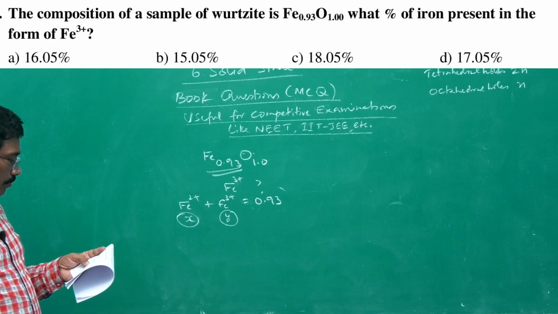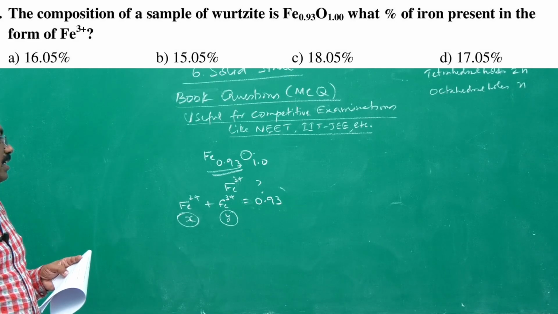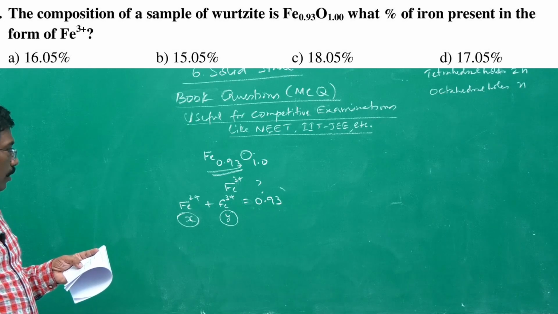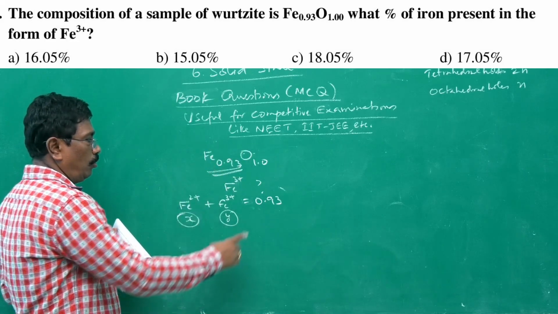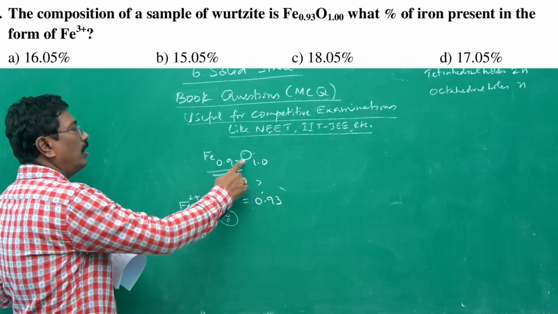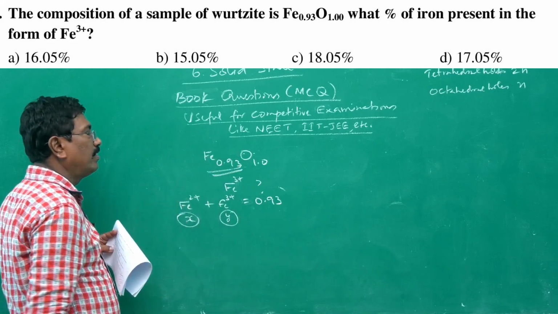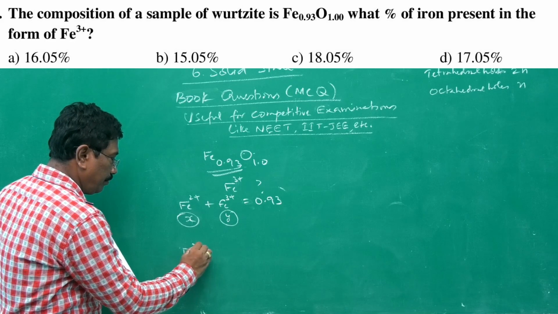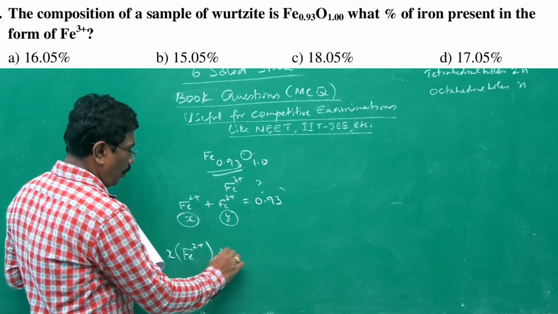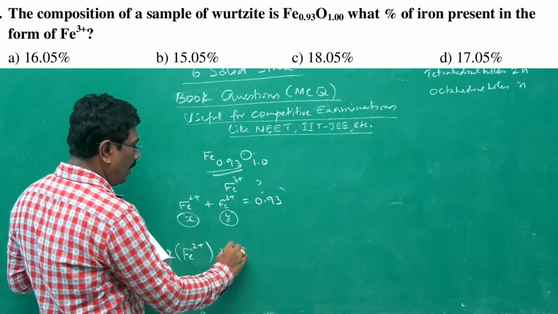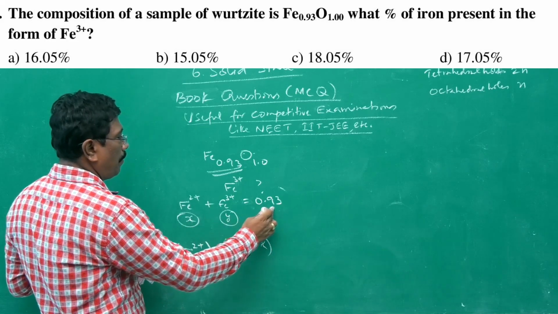Alright. Now, you are asked to find out the percentage of Fe3+ which has replaced Fe2+. That's what is asked. So how to find out? The total charge of the molecule should be neutral. Total number of atoms, this many, total charge is neutral, and Fe0.93O1 is made up of maybe X atoms of Fe2+. Am I correct? Then Y atoms of Fe3+ may be 0.93 minus X atoms. Total number 0.93.